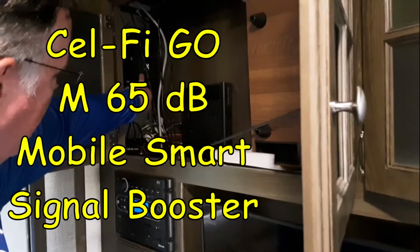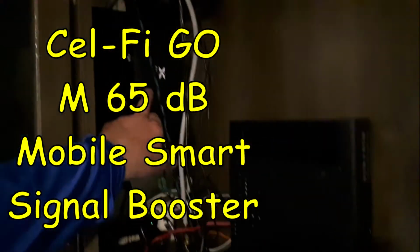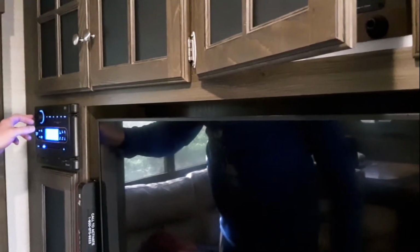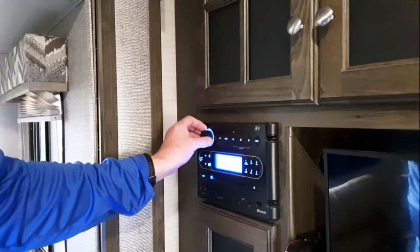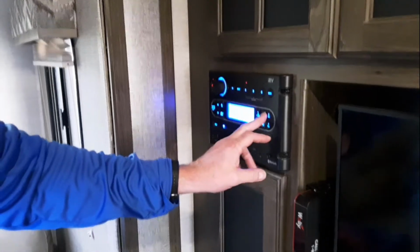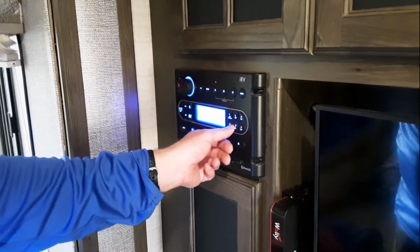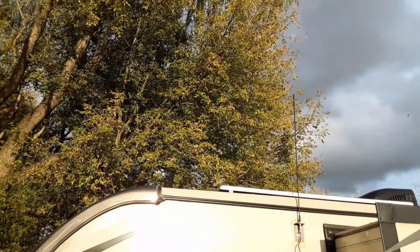This is the Selfie Go, and it basically is our cell phone booster. Behind this, you can see the inlet here from our cable for the AM/FM radio, which is the antenna outside, the Pixel 4 antenna outside. I don't know if it would be useful to you to have me turn the stereo on, because I don't know if you guys can pick that up, but the cool thing about this is we get stereo out here,